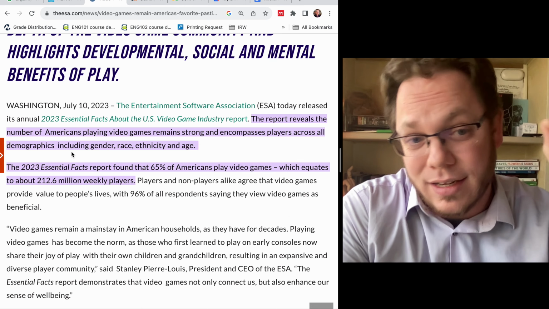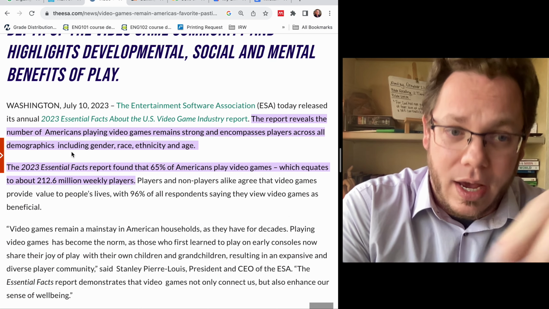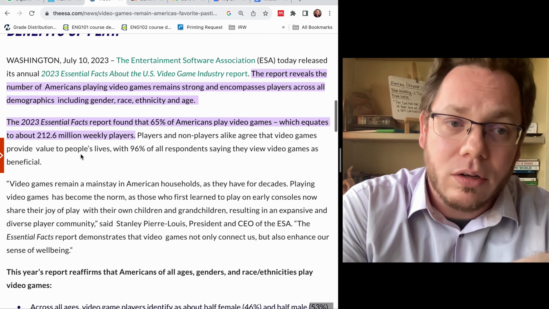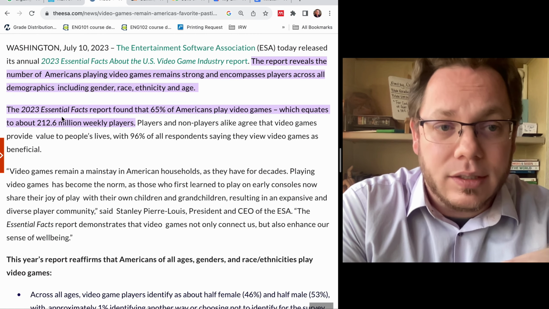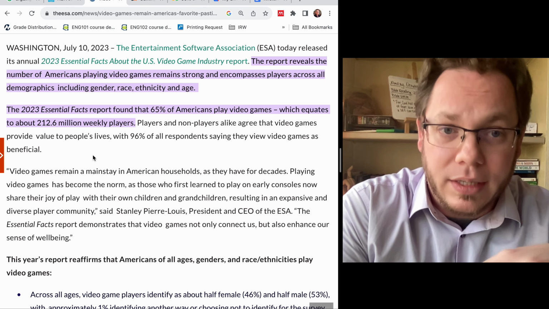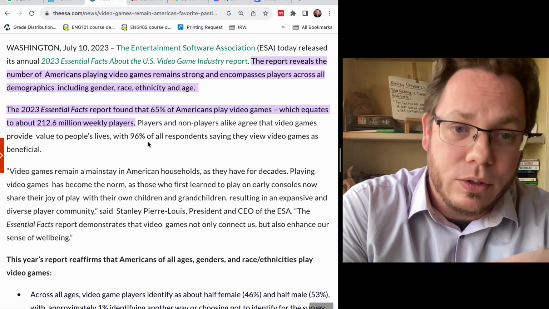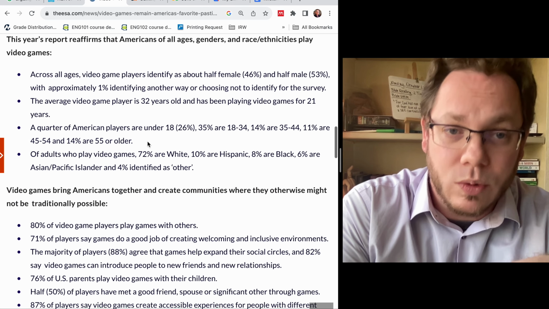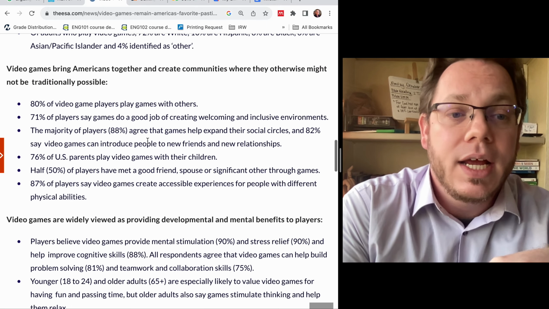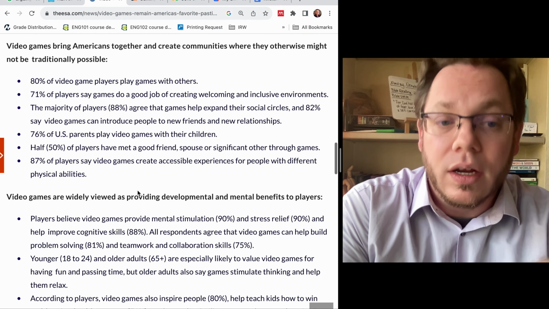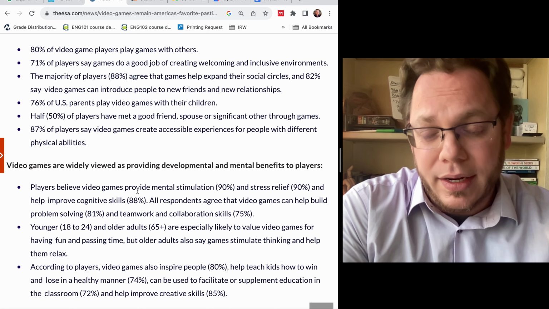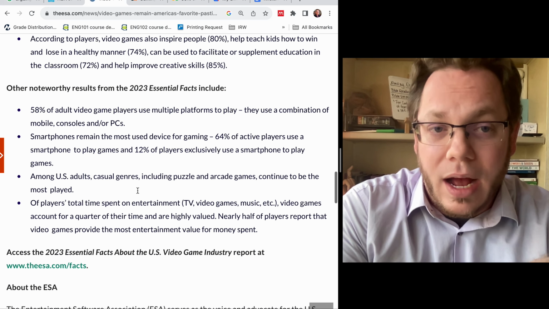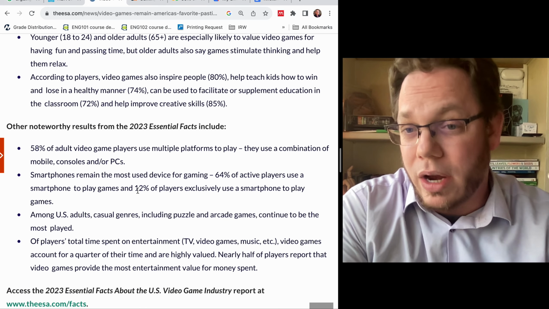Now, that technically is a claim, actually. We could do that, but most of the rest of this article, beyond that one claim, is essential facts. It's reporting basic facts of here's how many people play video games, here's where they're from, here's how they identify, and there's some interesting stuff here. We might have to dig a little bit to see how they're actually using that beyond just straight reporting.